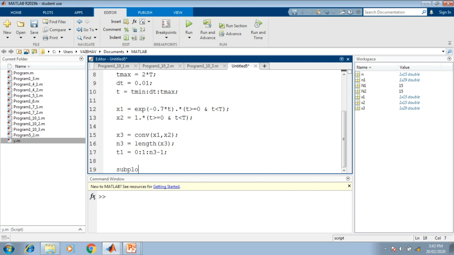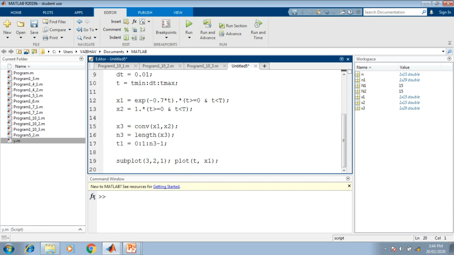So we go for subplot. In this subplot we are going to take 3 2 as a pattern. So the total of 6 cells we shall be having here. To the first cell, that is subplot 3 2 1, we are assigning the display. The display we are going to assign with the help of the plot command, and in the plot command we provide the input as time parameter t and then x1 here. So here we provide the labeling.